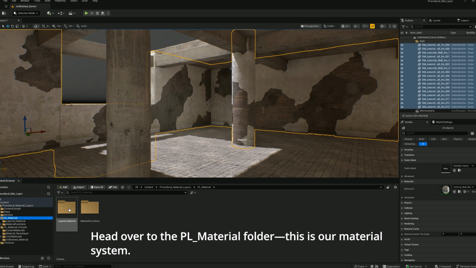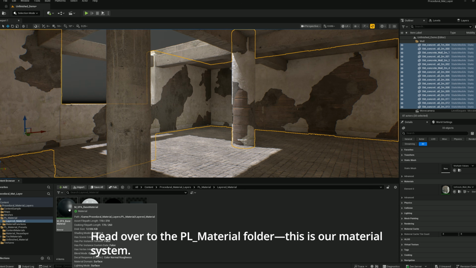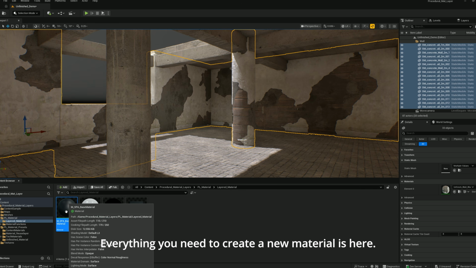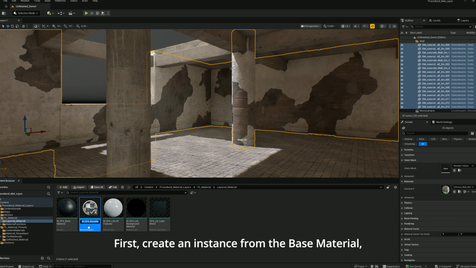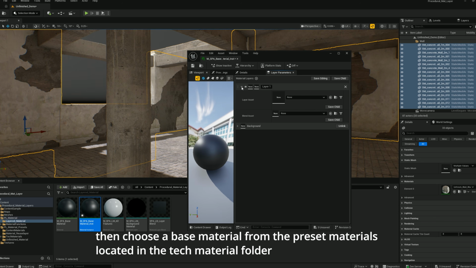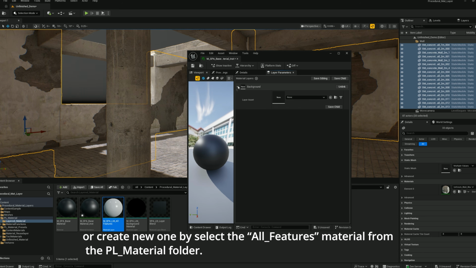Head over to the PL Material folder. This is our material system. Everything you need to create a new material is here. First, create an instance from the base material. Then choose a base material from the preset materials located in the Tech Material folder, or create a new one by